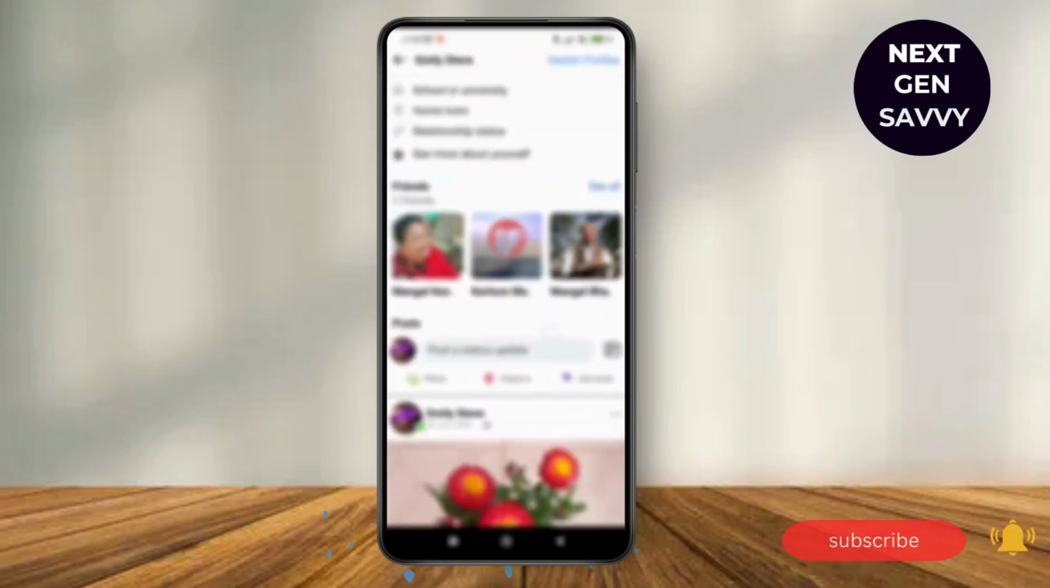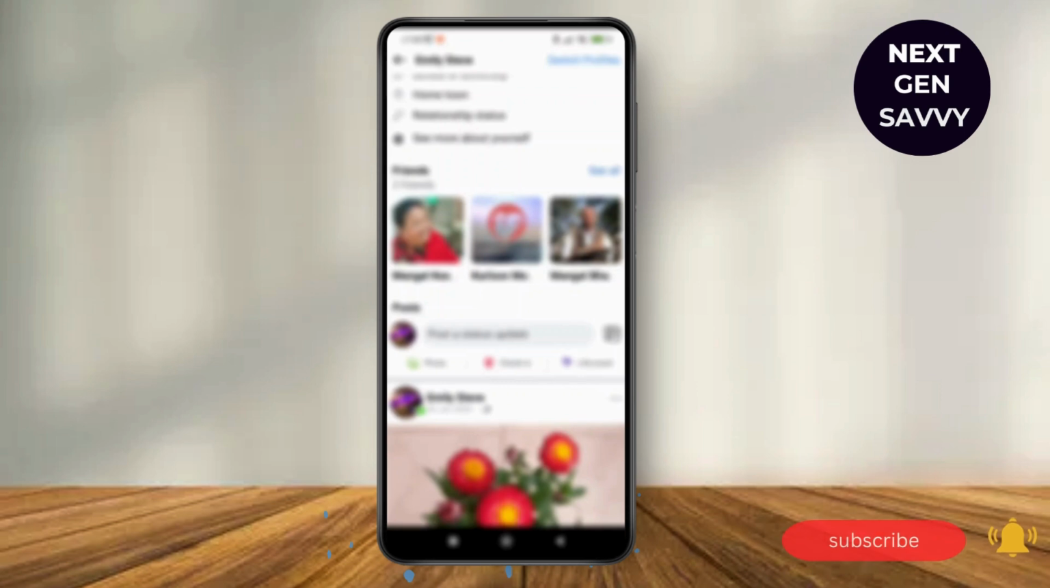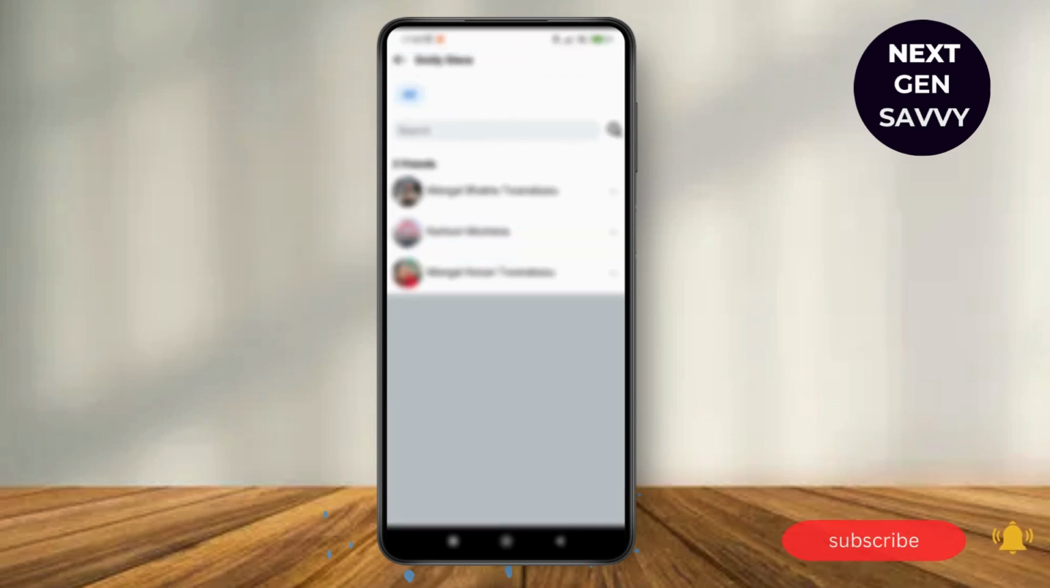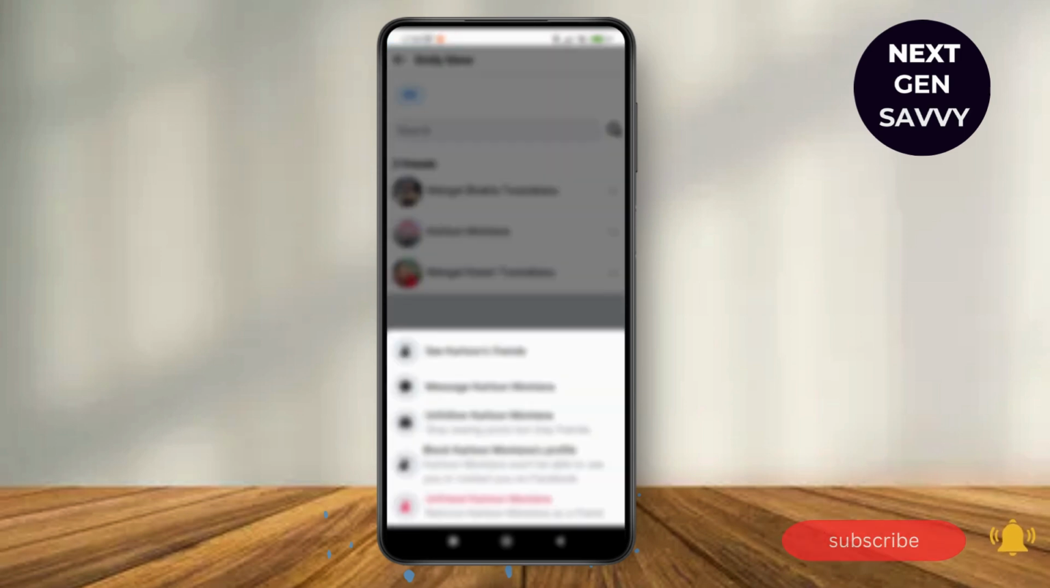Then scroll down and you can see your friends list. So just tap on see all, and here you can see your list of friends. Now to unfriend someone, you can see three dotted lines beside the person's name. Just tap on the person that you want to unfriend, and then you can see the option of unfriend over here at the bottom. Just tap on unfriend,